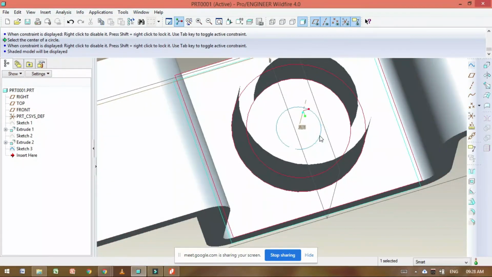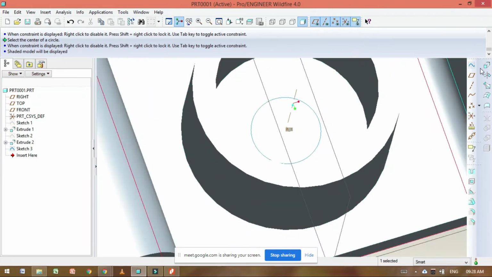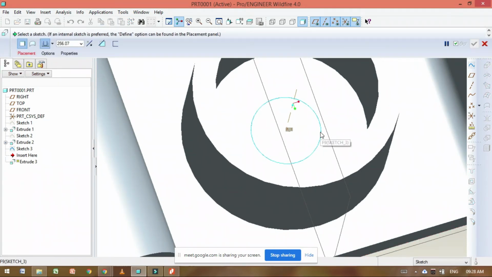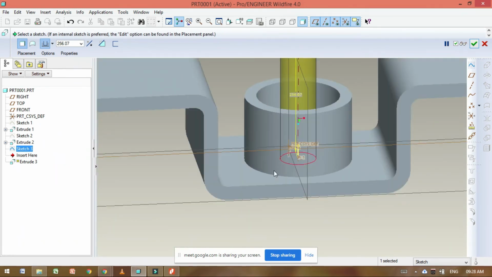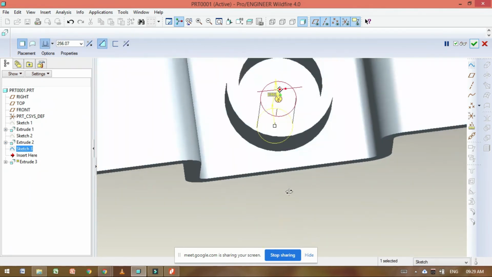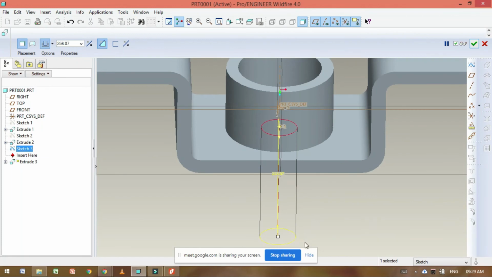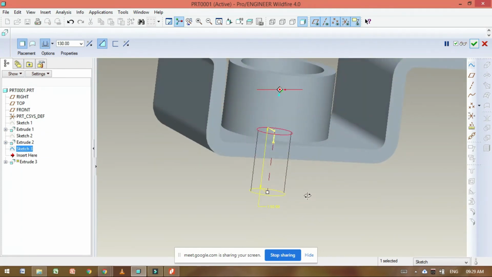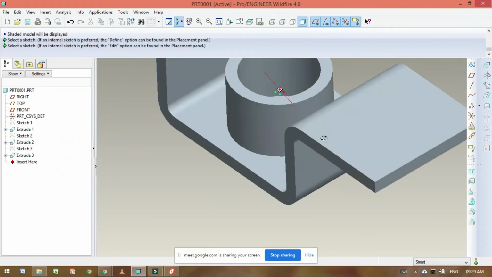So click on this sketch, and we can convert the sketch into the 3D model. I want to select extrude, then click on this sketch, then change the direction. I want to cut inside or bottom side, so this is the flip command. Click on the flip command, then click on the remove material command. Okay, then we don't want more thickness, so I am going to reduce the height, and click on done. So you can see the hole at the bottom.